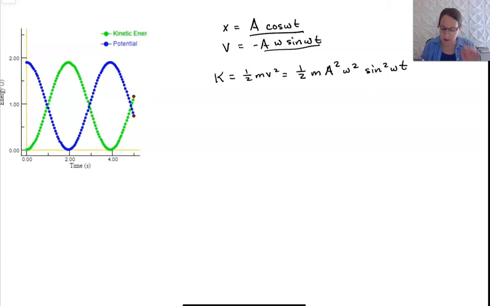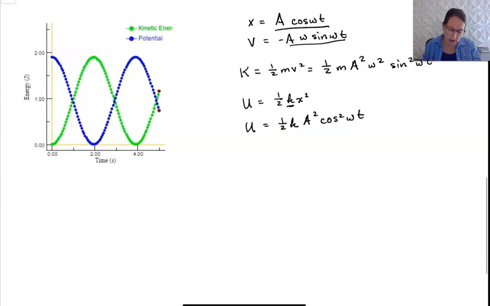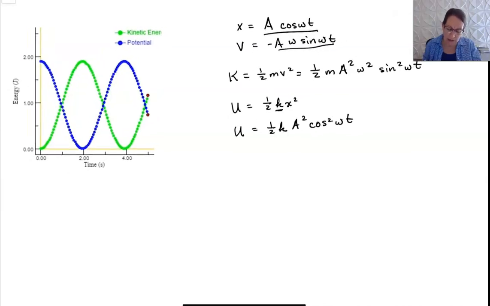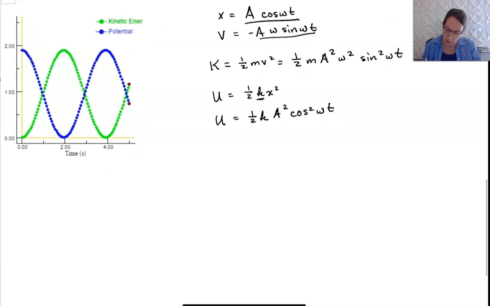My potential energy for a spring is 1/2 kx squared, where k is my spring constant, and if I plug that in I get a 1/2 k. Now I'm going to square the x, so that would be an a squared cosine squared omega t, and that's what's being plotted here. I've got potential energy and kinetic energy,